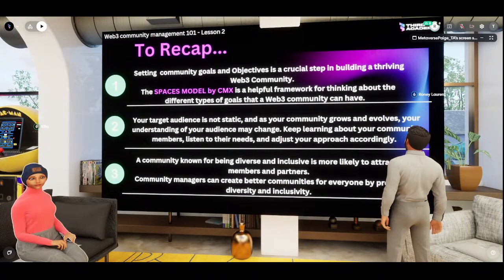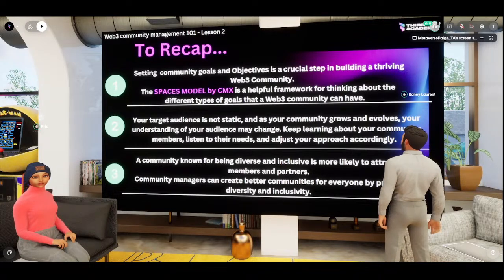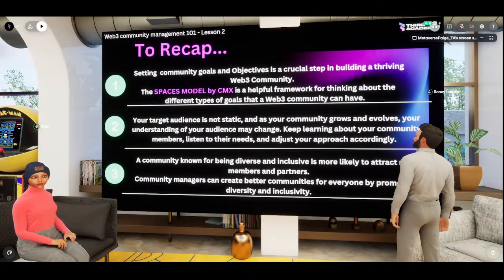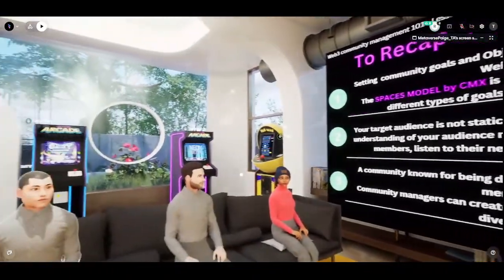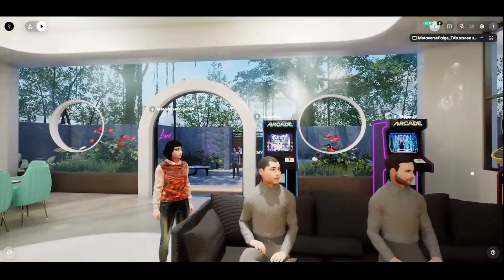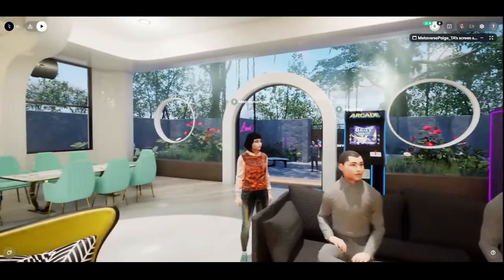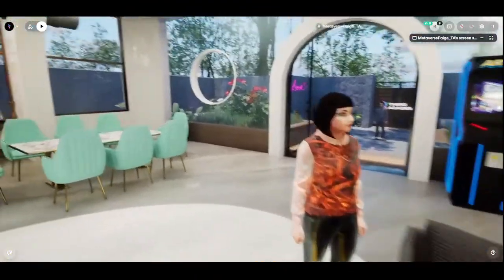And we also mentioned that as a community manager, you need to promote diversity and be more inclusive. Be mindful of your language. By being more inclusive, you're likely to attract new members and partners, and you can create better communities for everyone by simply promoting diversity and inclusivity.